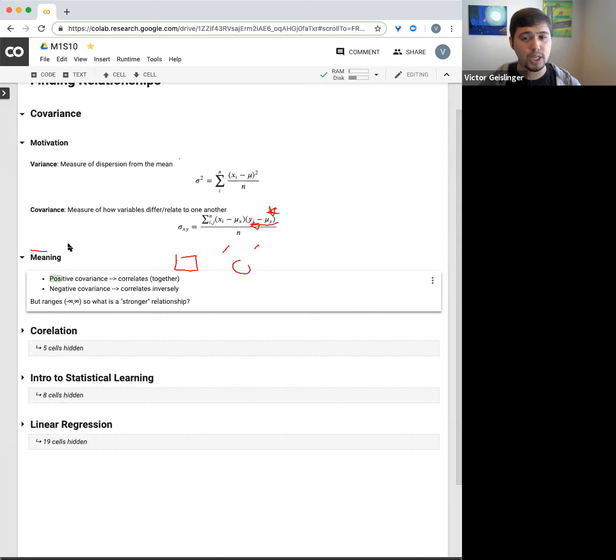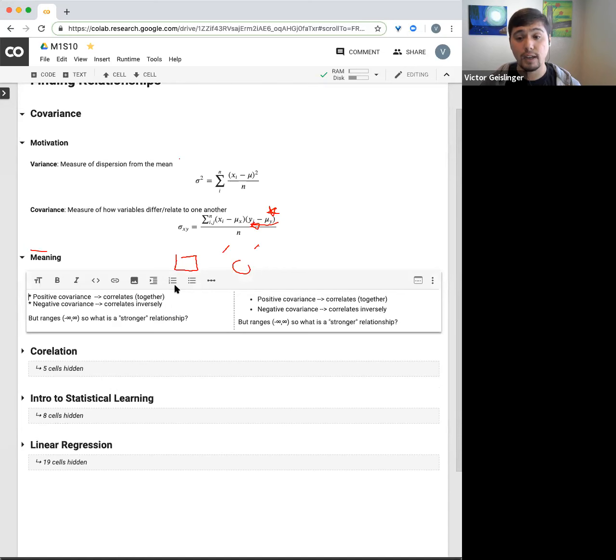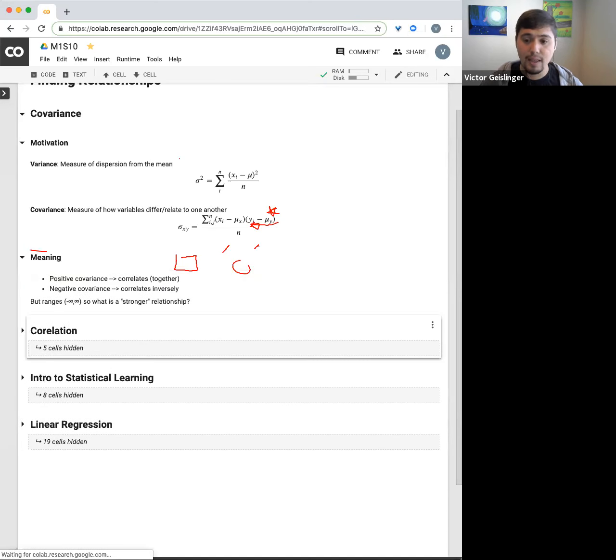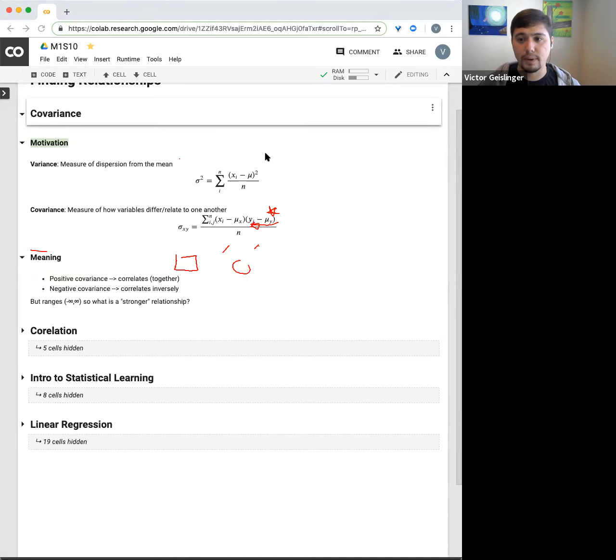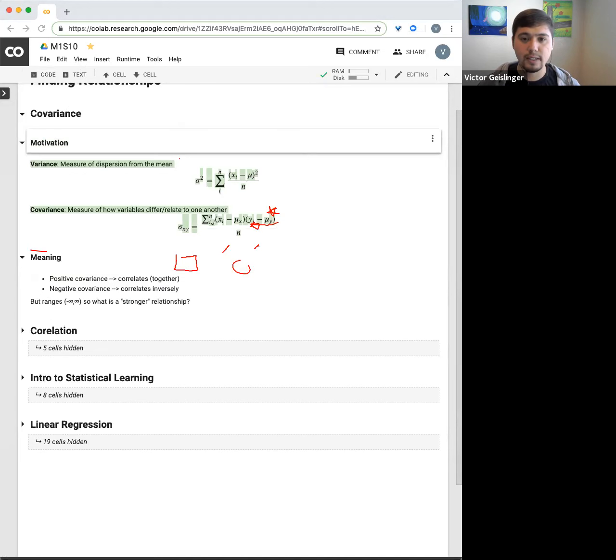We'll usually talk about correlation, but that's really where correlation will come from, from the covariance. And we'll see this in correlation, where a positive covariance basically means that they are positively correlated together. And so when we say positively correlated together, if I have a graph where we have X and Y, when we have a positive correlation,